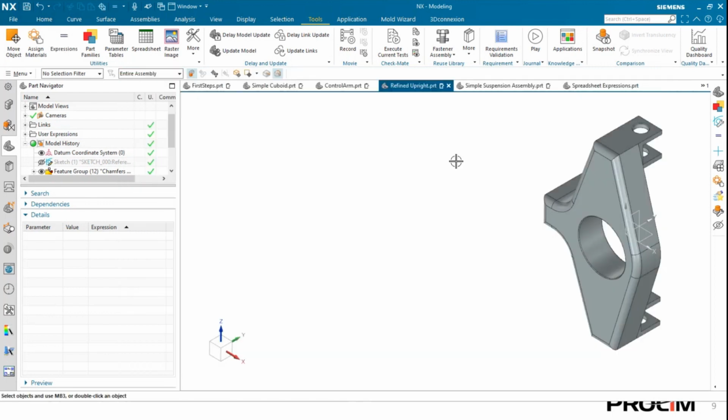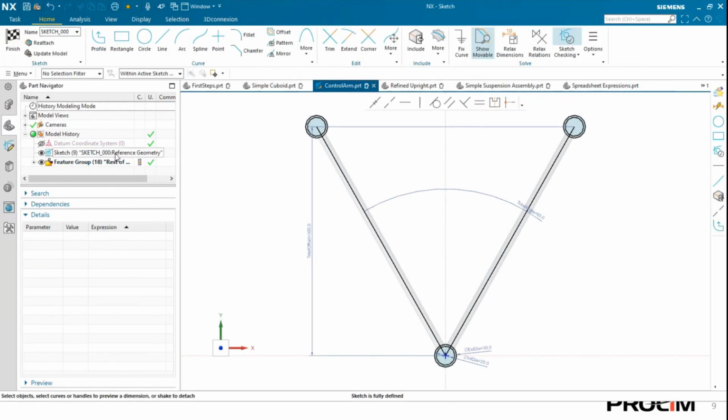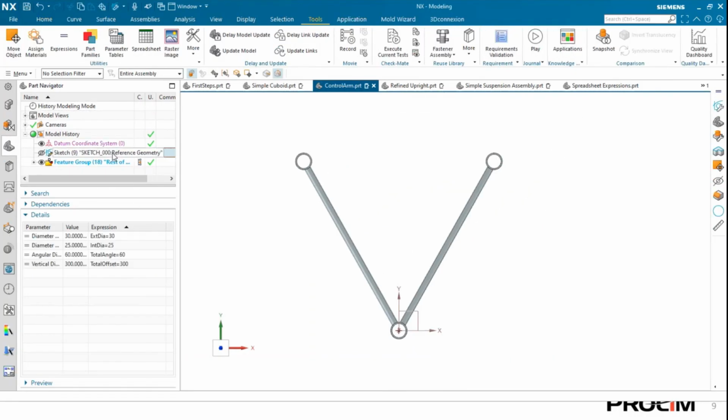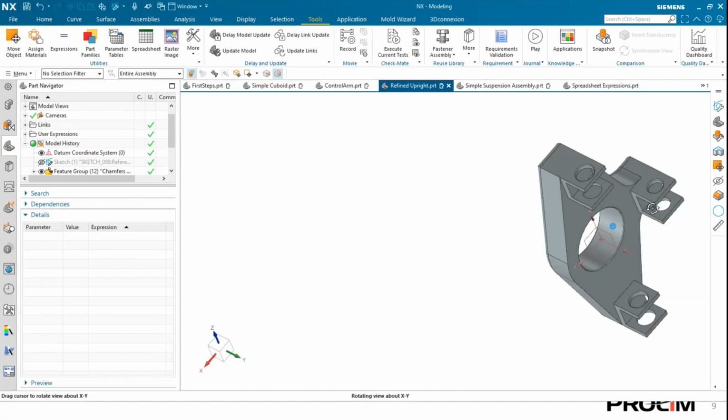Now, I'll close this out. I'll go to my control arm, and sorry, I didn't mean to double click. You may notice that INTDIA is this right here. I'm going to change this to 50. And I'm going to change this to, let's say, 40. Or actually, no, we'll change it to 30 just to make sure we don't break anything else. And so I've made that change. And you may notice that over here in my refined upright, these two holes that I'm driving with that inner part link have changed their